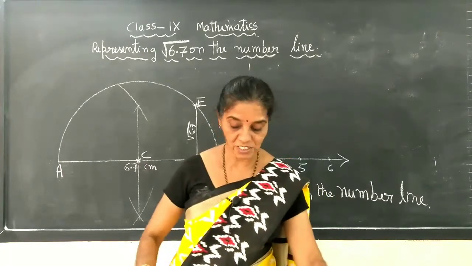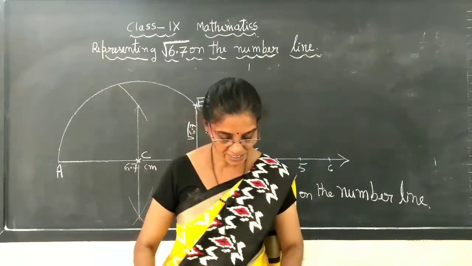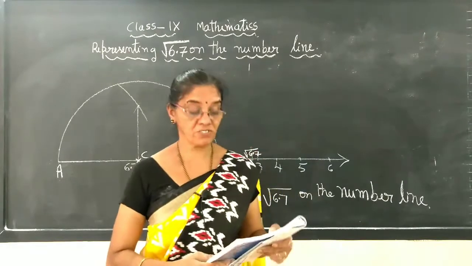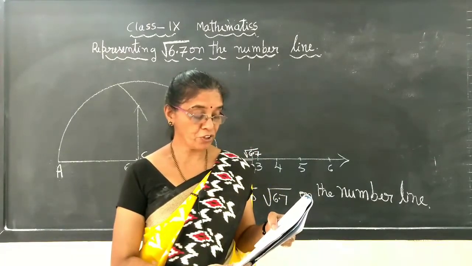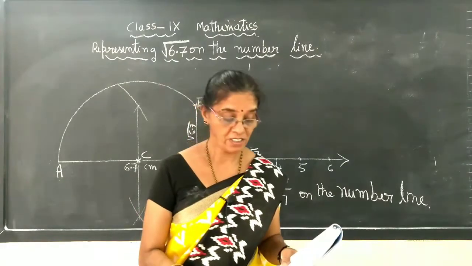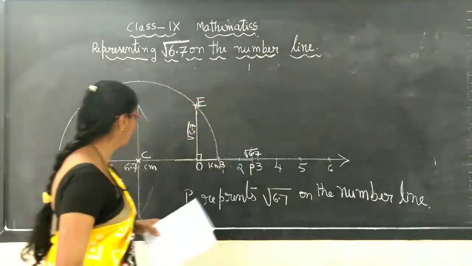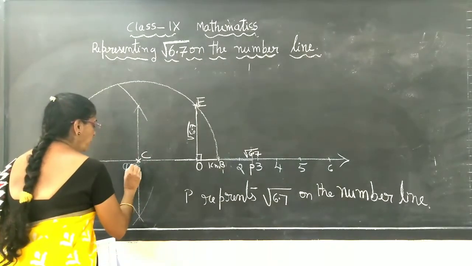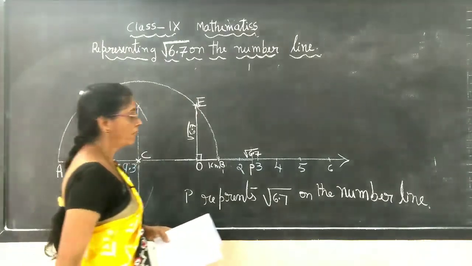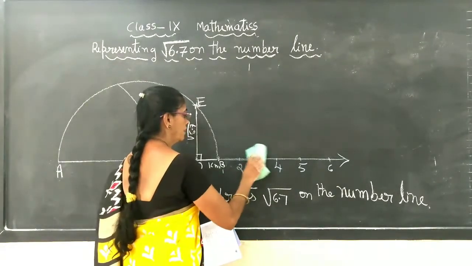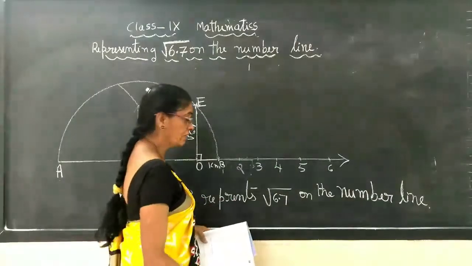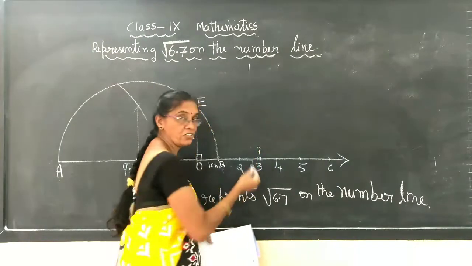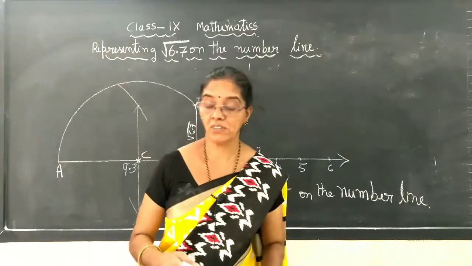And in the exercise there is only one problem given, that is exercise 1.5. Exercise 1.5, rationalize, fourth one, represent square root 9.3 on the number line. Only one change you have to make, instead of 6.7 you have to take 9.3 here. You have to take 9.3 and all the procedure is the same, and you will get the point somewhere more than 3. Somewhere here you will get point P, more than 3. That is the home assignment. Okay.